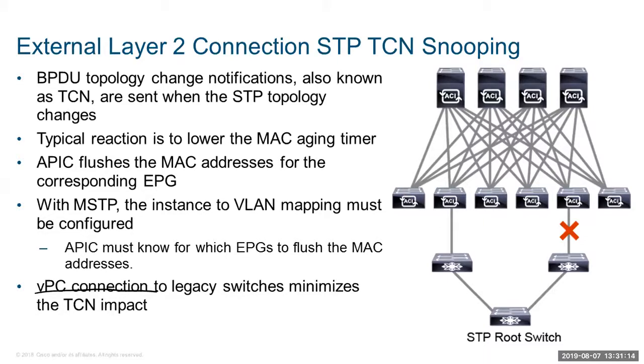There are two ways to go ahead and minimize these TCN notifications. One is use some form of VPC. Okay. Then the other way is, just ensure that if you do have redundant links, the VLAN that is used